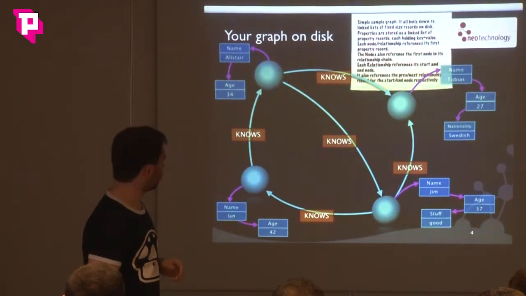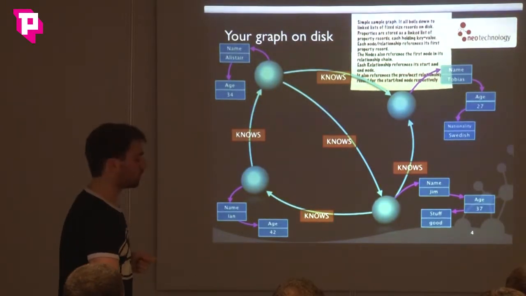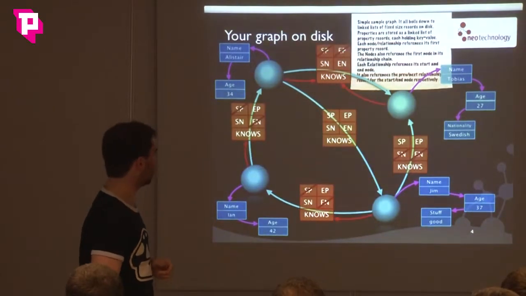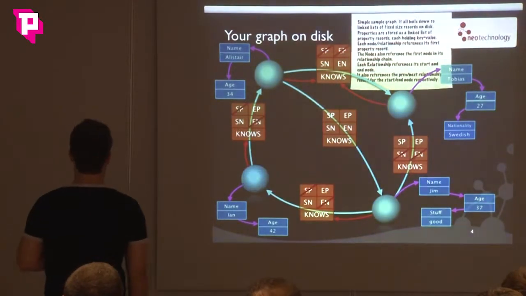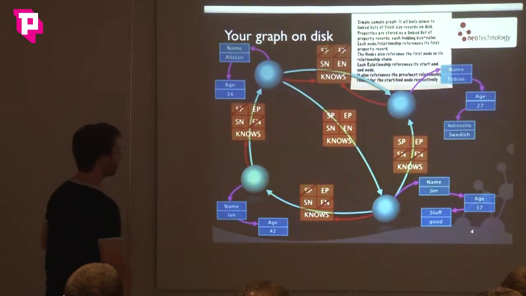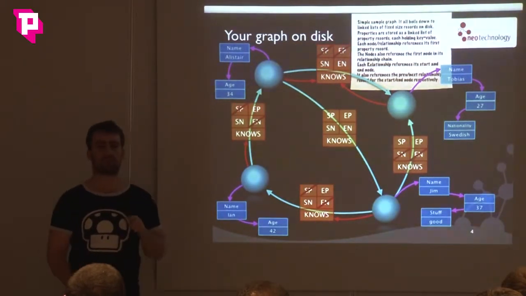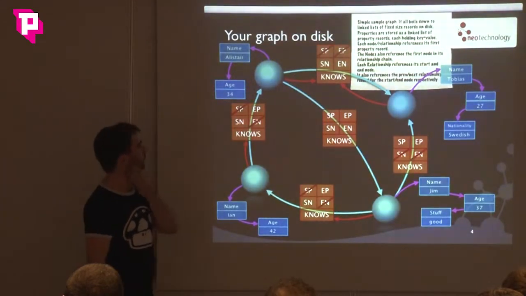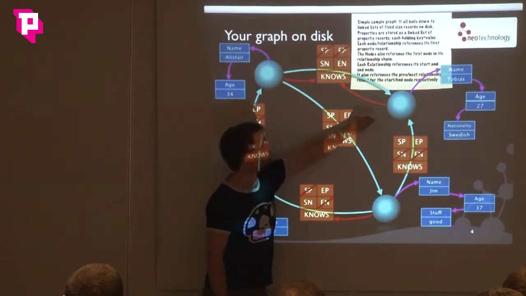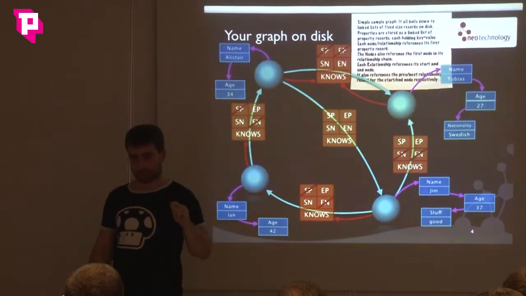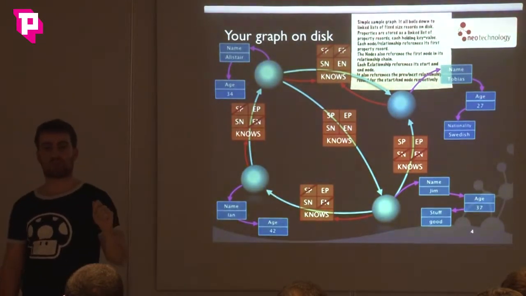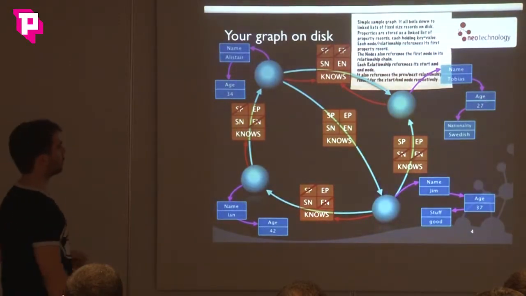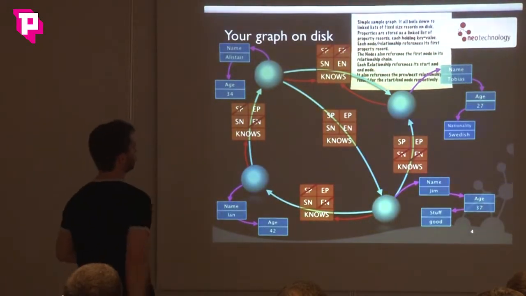That's just the beginning of the story, because the hardest part is the relationships. That's the most crucial part, where you're going to traverse. And that gets a little more complicated. Every relationship is part of 2 doubly linked lists. So if I take this one for instance, it points to the previous relationship of the starting node, to the next relationship of the starting node, and same with the end node.